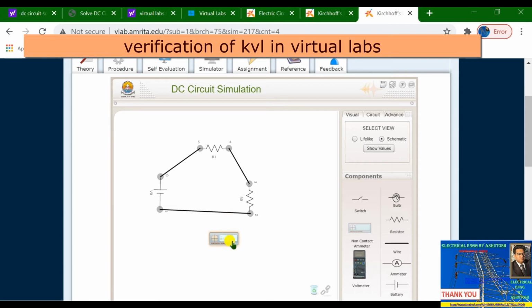Just bring it in touch with the wire and it will sense the current, 0.05 ampere. You can put this non-contact ammeter anywhere, and it will show the value 0.05 ampere.